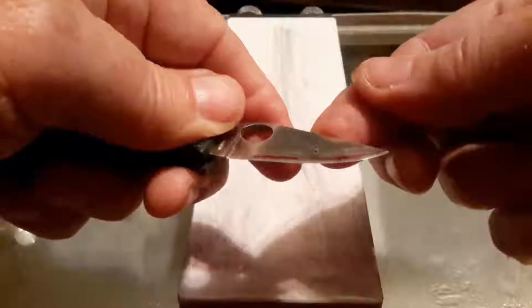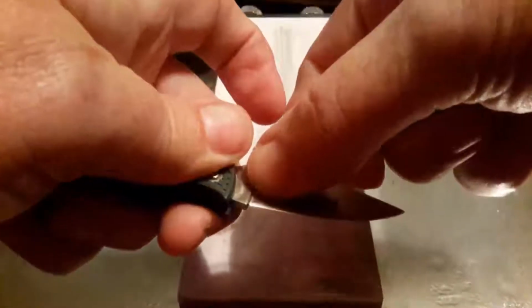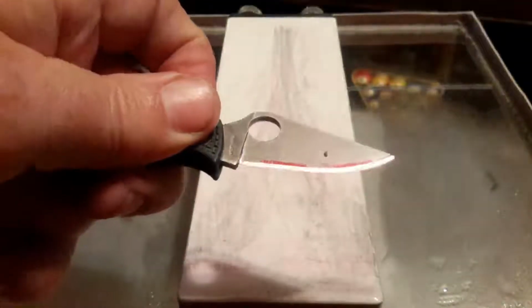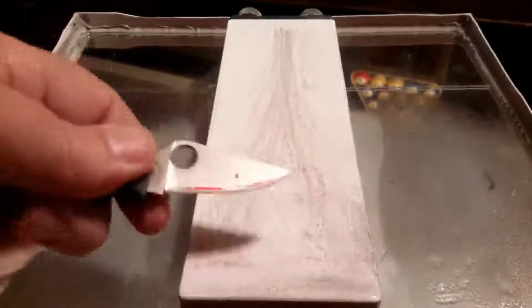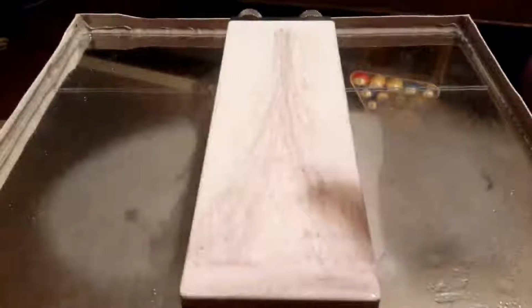It's not quite as even. I need to remove a little bit more back here because the edge, or the bevel rather, is a little bit narrower than the rest of it. But that's a very minor thing. I mean, super minor. A perfectionist would want to fix that, or someone who desires perfection. I'm one that desires it, but I seldom get it. With freehand sharpening, you're never going to get perfect. So anyway,